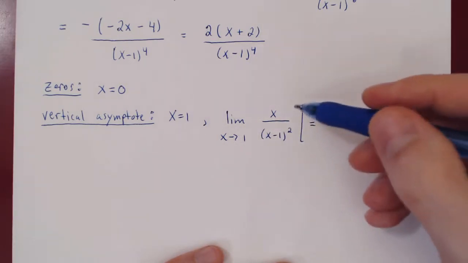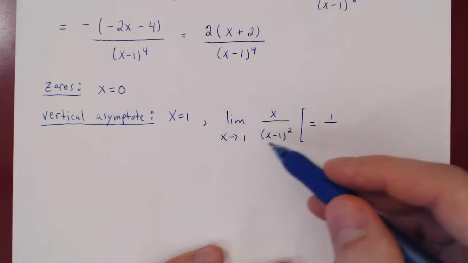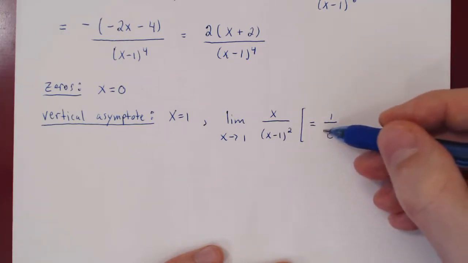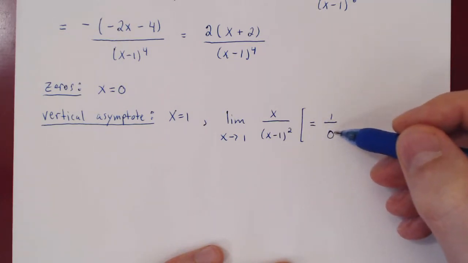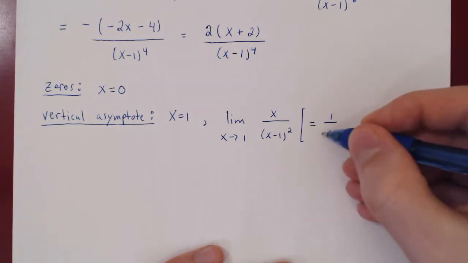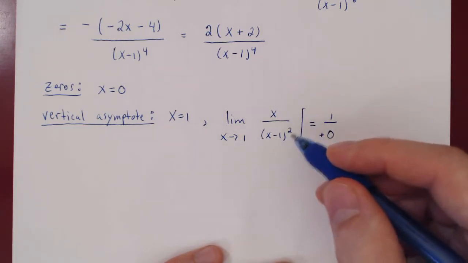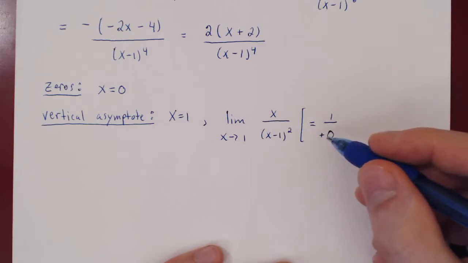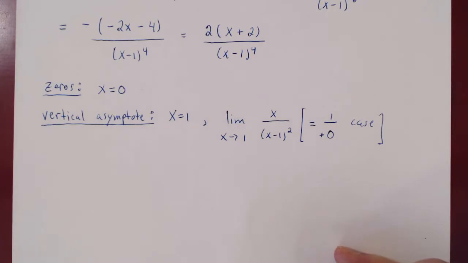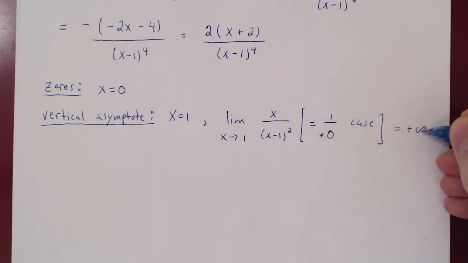Look at our case. As x approaches 1, x minus 1 approaches 0. And there could be ambiguity here as to whether this is positive or negative, but we know it will always be positive because we are squaring it. So from the left of 1 or the right of 1, because we are squaring, we will always have a positive 0 case,